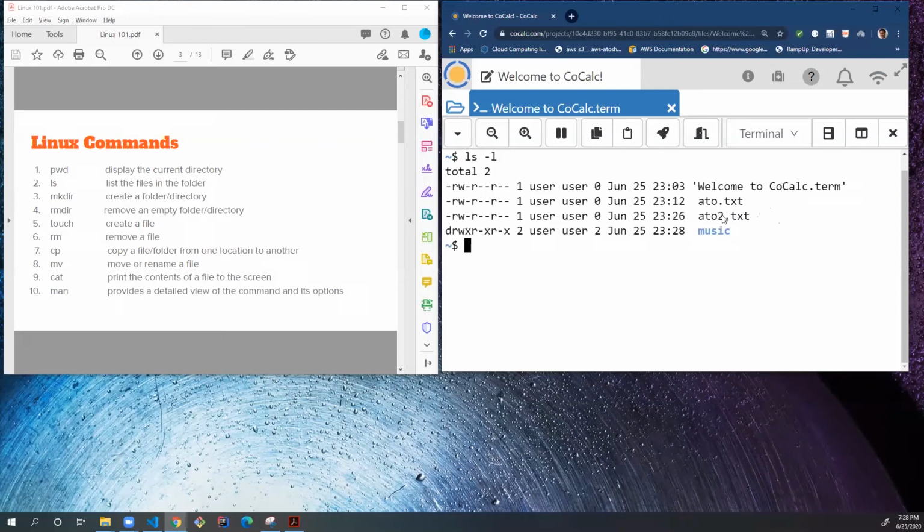Now what I want to do is move this auto.txt from this specific level to inside this folder. Cut it from here and paste it inside of this folder. What I want to do is move it: mv, move. Where is this file? It's in the current directory, so I can just type it out. Then where do you want to send it to? I want to send it inside of